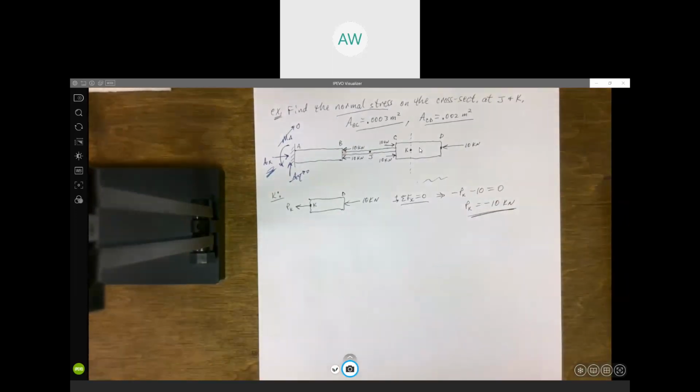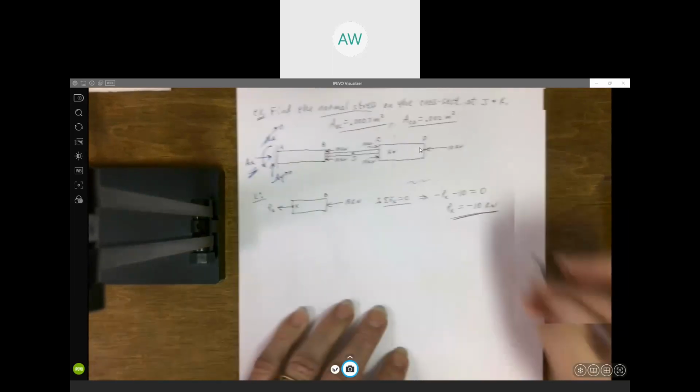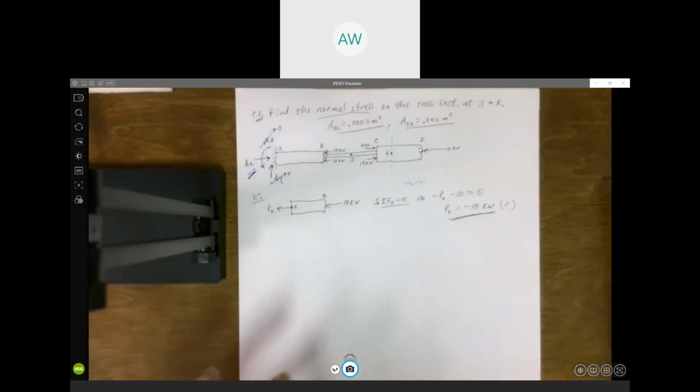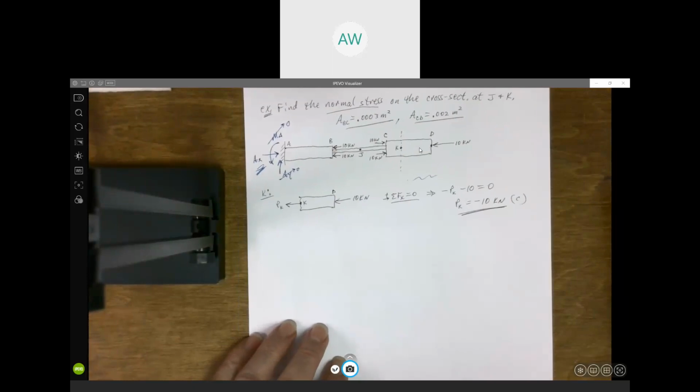Right? It's in compression. It's in compression. Now, one other thing maybe to point out before we calculate the stress here,